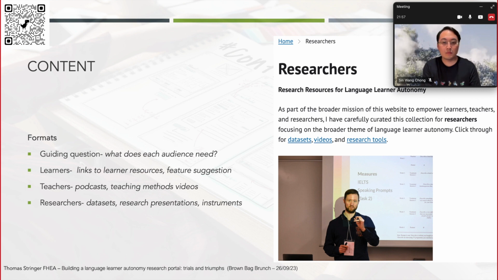The format of the information might be different, like the means of presenting information or the functionality that's there. For the learners section, there'll be things like links to learner resources or an option for feature suggestion, so learners can maybe recommend a tool for language learning that they found particularly helpful. In the teachers section, I linked to a podcast on the topic of learner autonomy that I was very graciously invited to do,